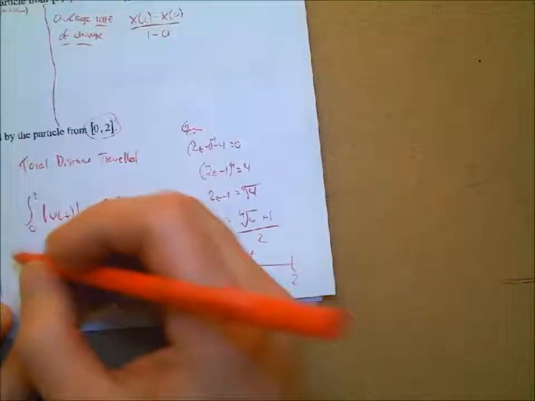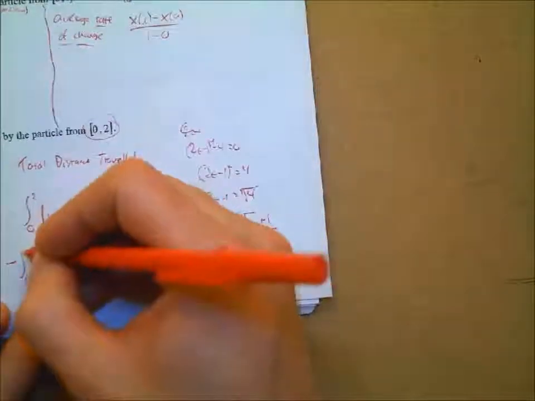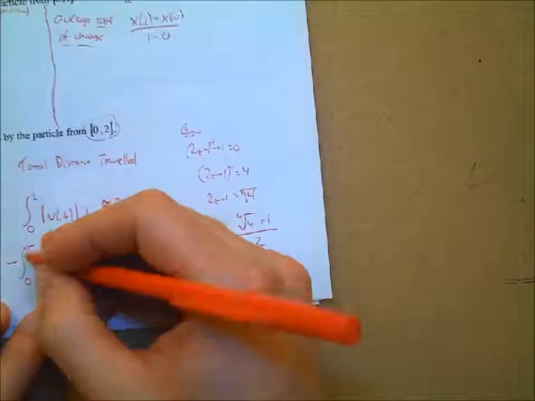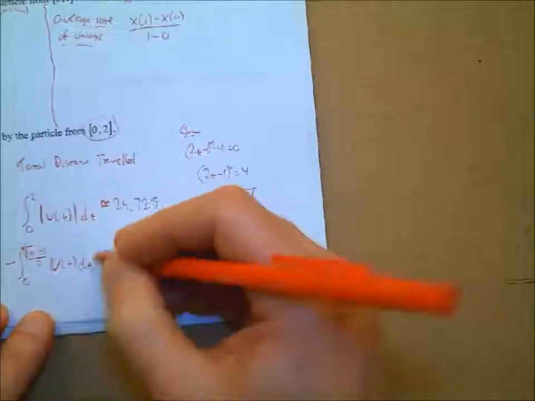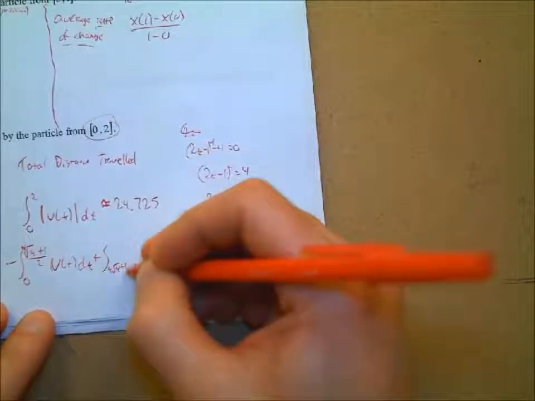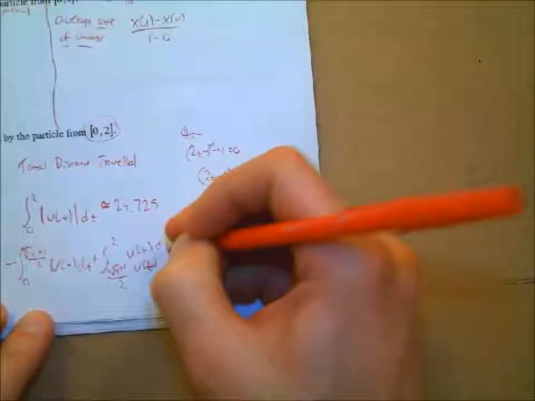So you would integrate negative integral from 0 to the fourth root of 4 plus 1 over 2 of the velocity here. And then you'd add to that the integral from the fourth root of 4 plus 1 over 2 to 2 of the regular velocity here. Okay, I know this is messy, but